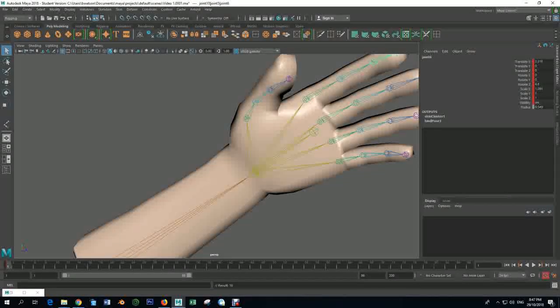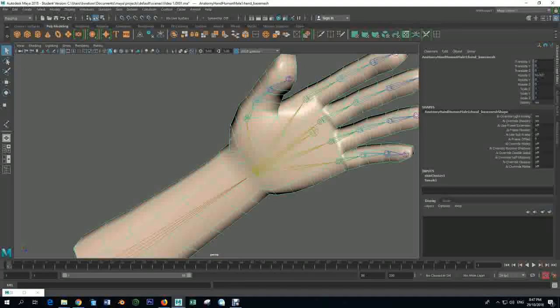I'm going to apply a keyframe to all of the joints. I'm selecting all of them and pressing S to apply a keyframe on the joints. What I can do, so that I don't select the geometry by accident, is put the geometry